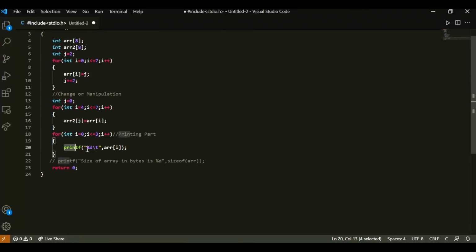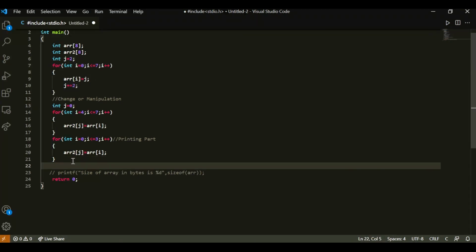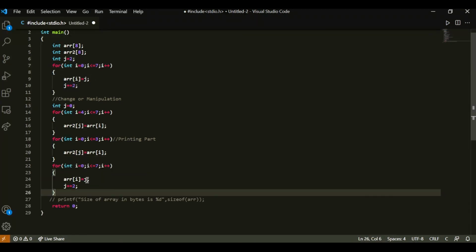And over here also the same thing, that is ARR2 of j will be equal to ARR of I. Done. And now at the end, what we will do is, we will print the ARR2 array